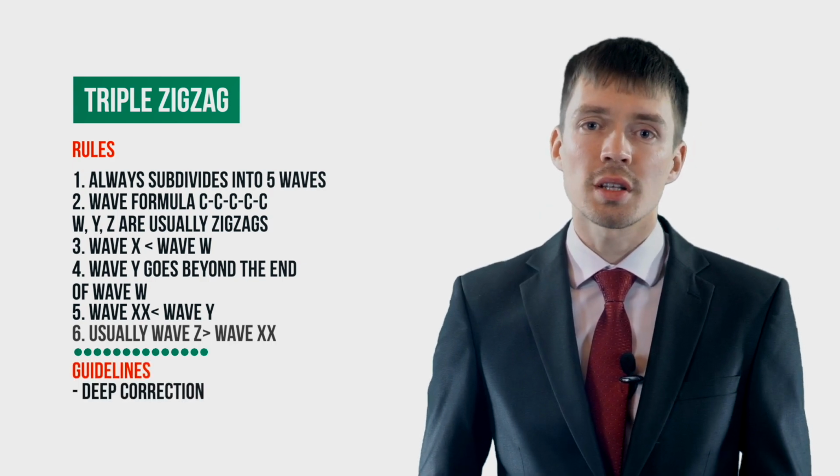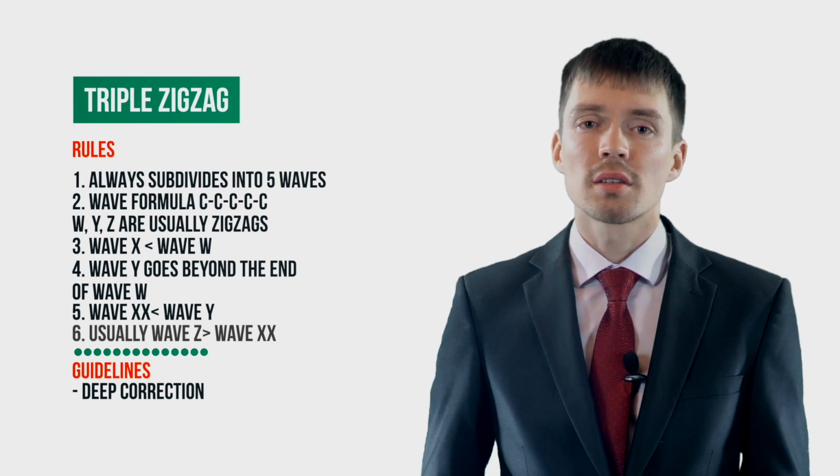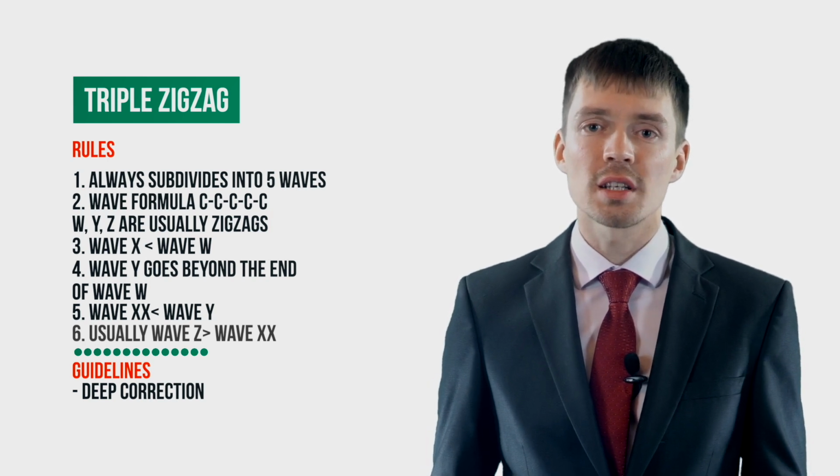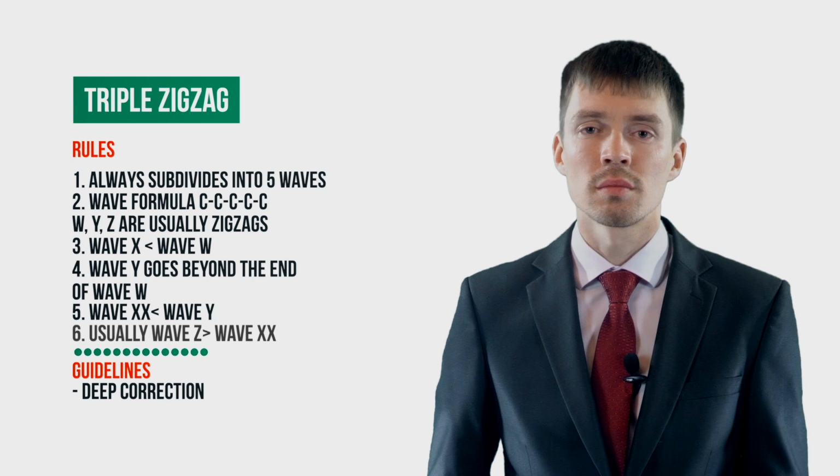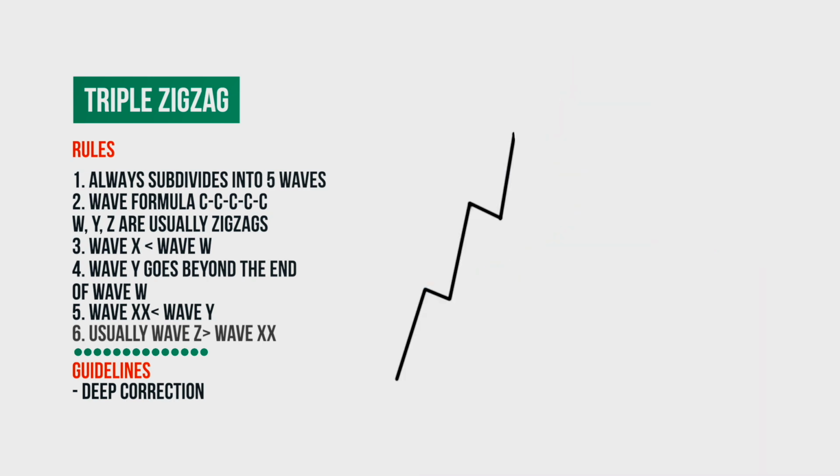First guideline: like an ordinary single zigzag or a double zigzag, a triple zigzag is a deep correction to the previous trend. For example, an uptrend formed in the market. It took the form of an impulse. We show the level that divides this trend in half and separates the zone of shallow corrections from the zone of deep corrections. After the end of the upward trend, the development of a correction begins, within which the first downward